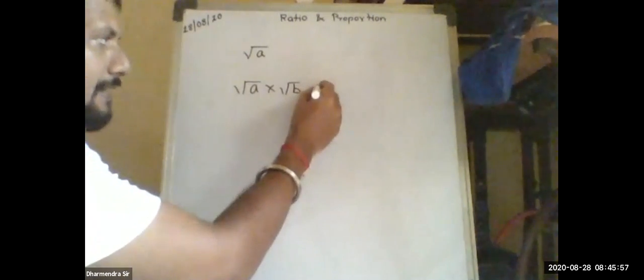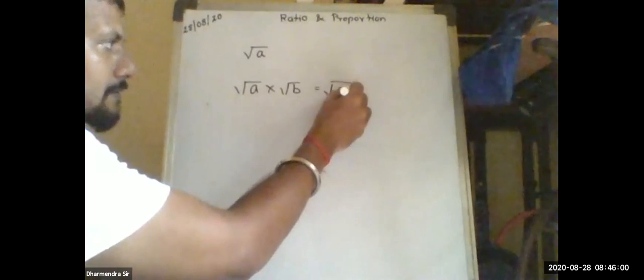So let's start. When it comes to surds, how to multiply two numbers in surds? What do you mean by surd? Any number which is in the form of root, either it may be square root or cube root or fourth root and so on. Suppose I am having two numbers in the form of surd, root A into root B. What do we mean by this? We mean that we have to multiply A into B, and this will be taken as under root of A into B.